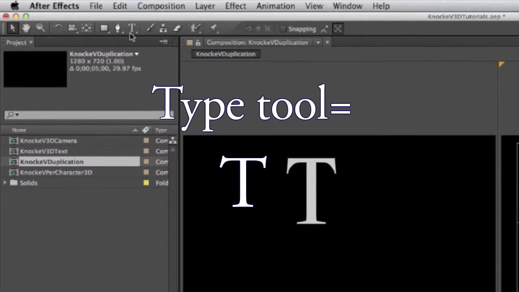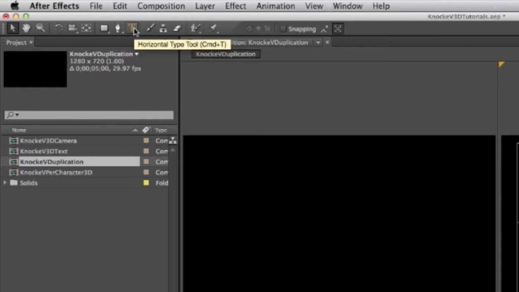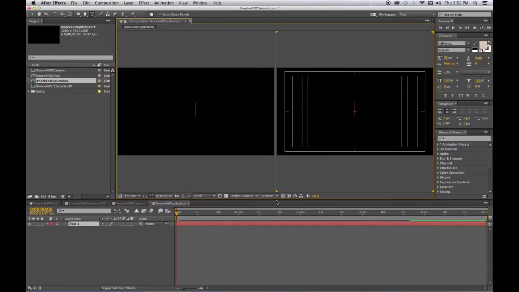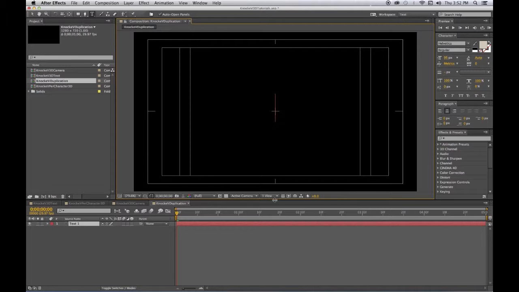Go to the T text tool and double click to create an insertion point. And let's go ahead and I'm going to go back to one view here, because first I want to get my text in. Now we're going to just type your first name, because this uses a lot of memory and we want to make sure we go through all the steps as quickly as possible. So I'm going to use my nickname because it's shorter, and I will make sure to select